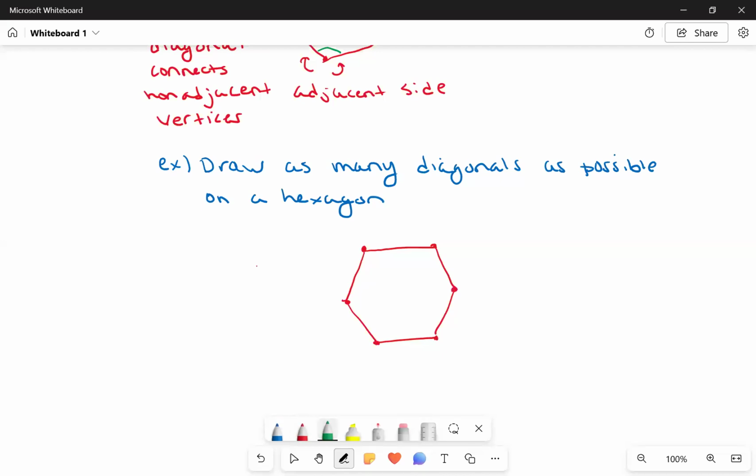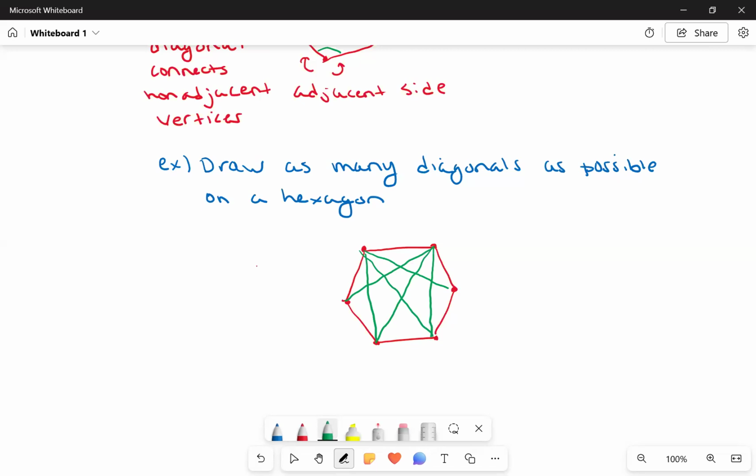All right, so diagonal. I'd like to start typically at one vertex. And if you want to pause the video, by the way, and do this yourself, go for it. I'd love you to try it, okay? Figure out how many diagonals we can draw, all right? But I like to start at one vertex and go to every other non-adjacent vertex, all right? So I'm going to start on the top left one here. So from here to here, that's 1, 2, 3. Okay, and now I'm going to go to the one on the right. I'm going to do the same thing. 1,